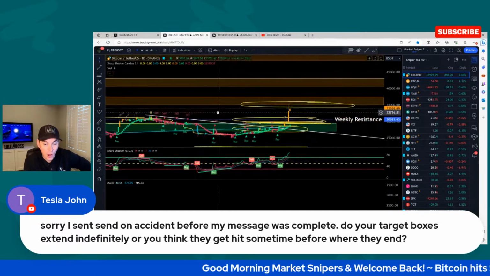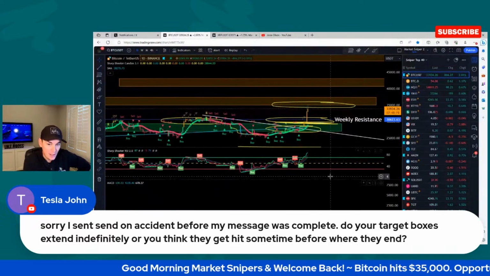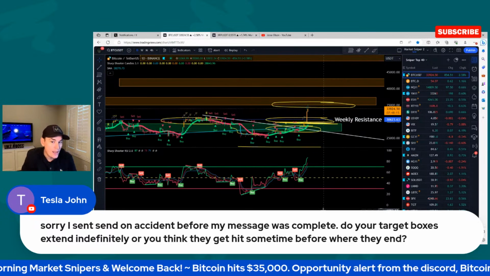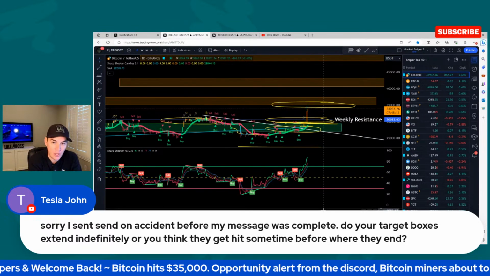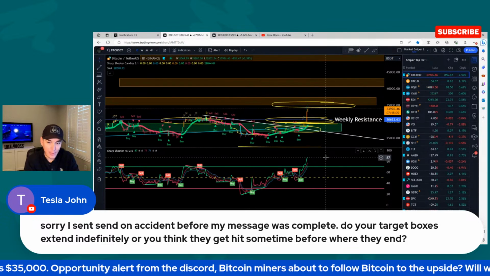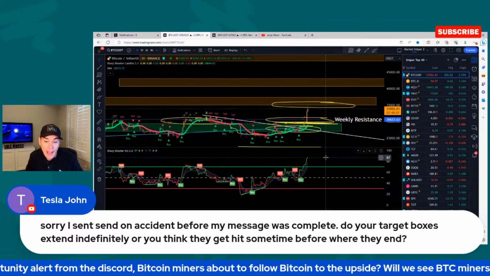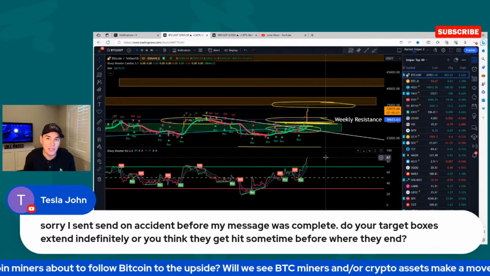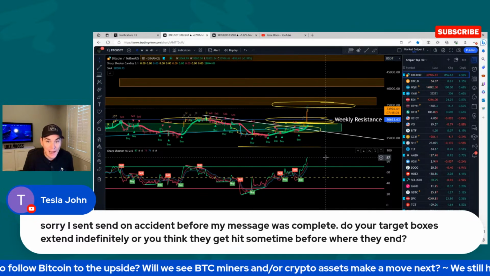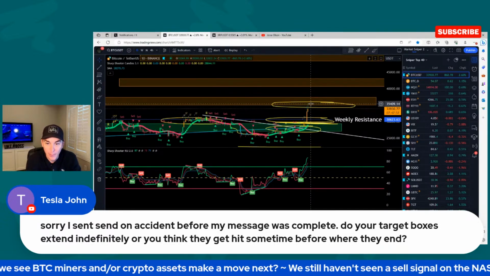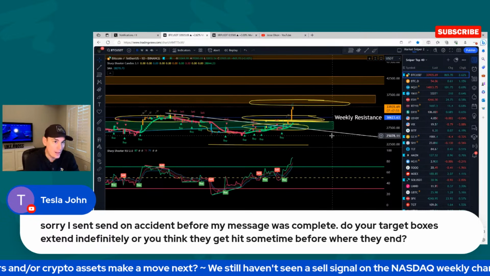So the probabilities are continuing to decrease that this rally could continue onward. That doesn't mean that on the lower time frames there's not going to be a retracement. We're looking at RSI being at 87. It's currently at 87. Yesterday it hit 88, possibly even higher. Might have even hit 89 for a brief moment when it was wicking up to above $35,000, right?